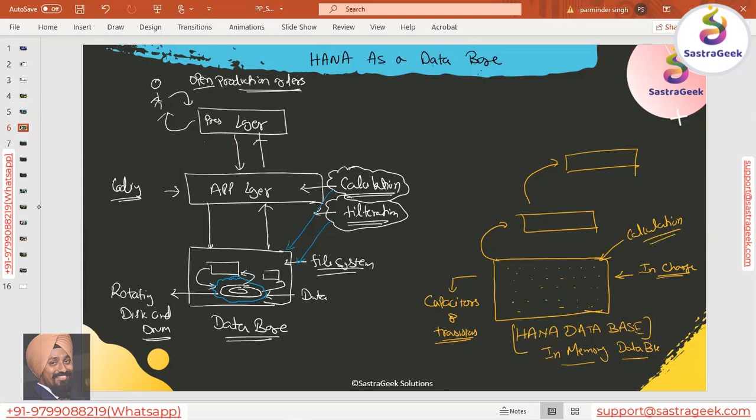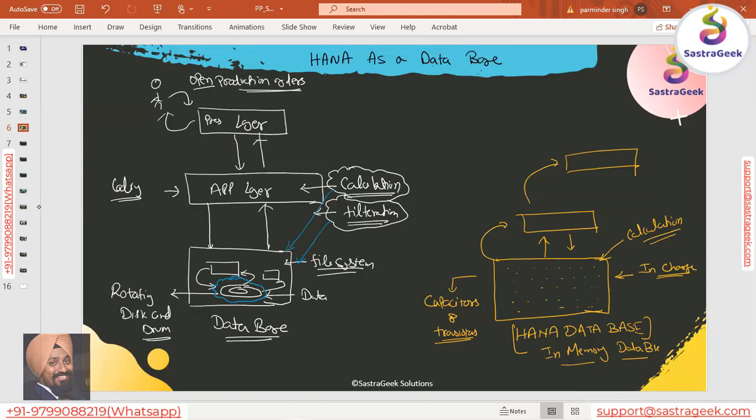That is also one of the concepts in S4HANA. It works on push down. We write the code in the application layer which pushes all the load down to the database system, because now the database has the capability. It is easier to do the calculation, to do the filtration and send the data back to the application layer, because it would be a smaller amount of data. Now the database has the capability, so why should I not use it to do the calculations and all the filtration here and send the data back? That's what the HANA database would be able to do.